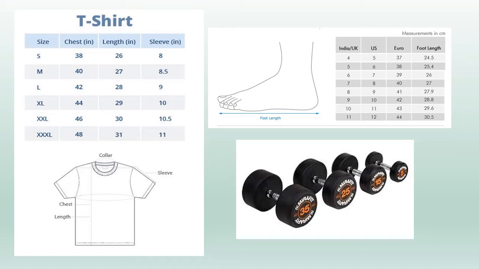But what if someone demands a size other than the available t-shirt sizes, footwear sizes, or dumbbell sizes? Then you have to manufacture specially for that customer to fulfil their demand. This will lead you to procure an additional machine or additional material. It will cost you energy as well as money in manufacturing.